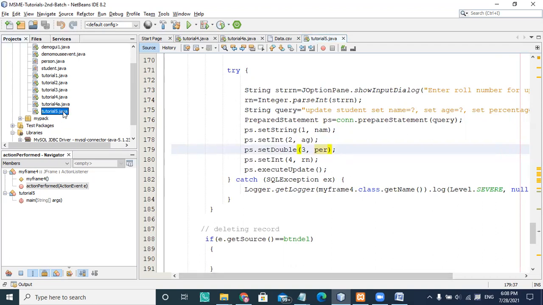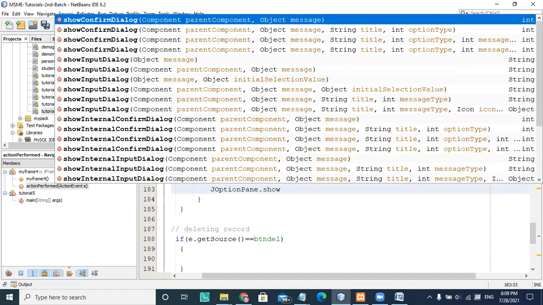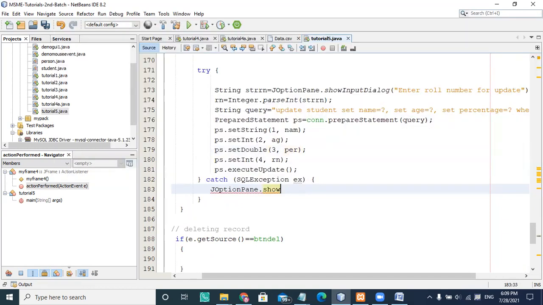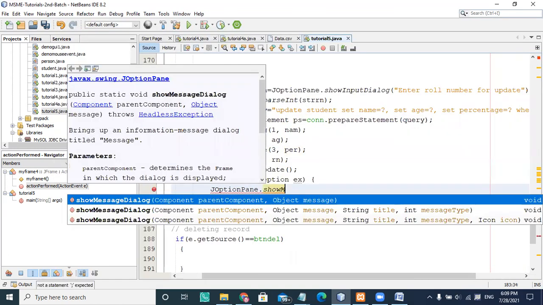Let me check, and here it's supposed to show the updation. If something happens here, then it will show an option pane showMessageDialog. Okay, message dialog here.